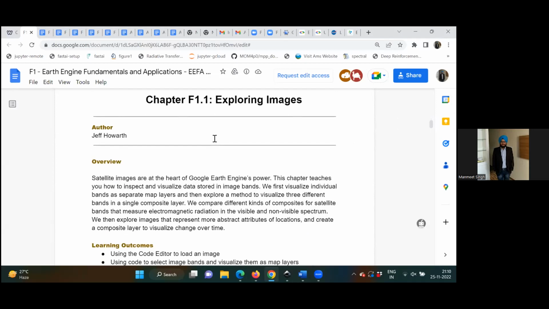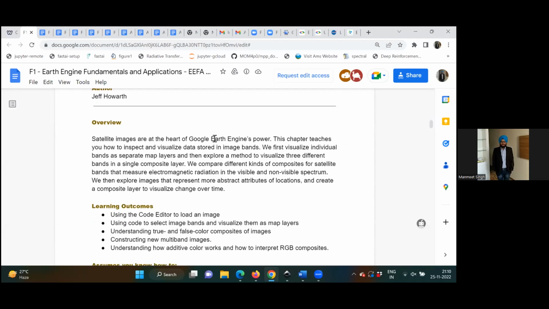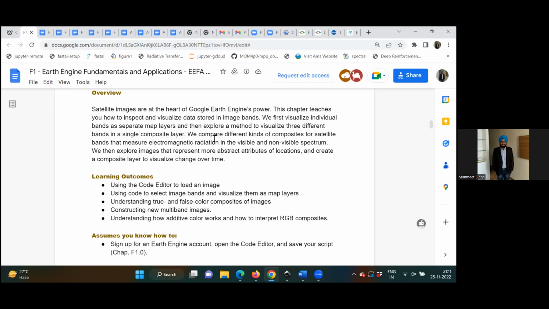Exploring images. This is written by Jeff Howarth. Satellite images are at the heart of Google Earth Engine's power. This chapter teaches you how to inspect and visualize data stored in image bands. We first visualize individual bands as separate map layers and then explore a method to visualize 3 different bands in a single composite layer. We compare different kinds of composites for satellite bands that measure electromagnetic radiation in the visible